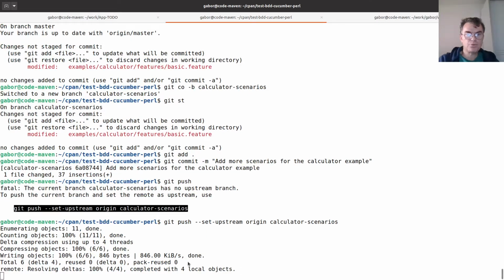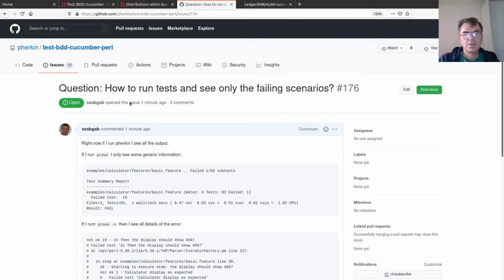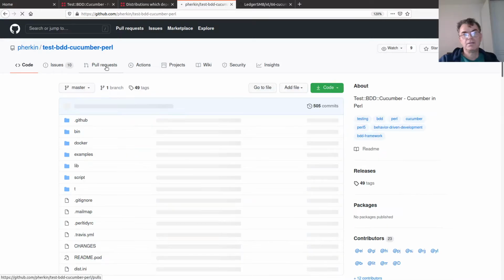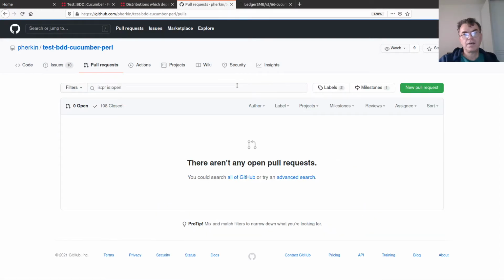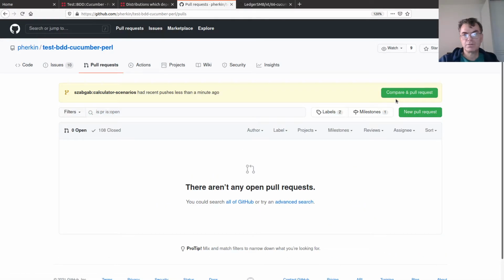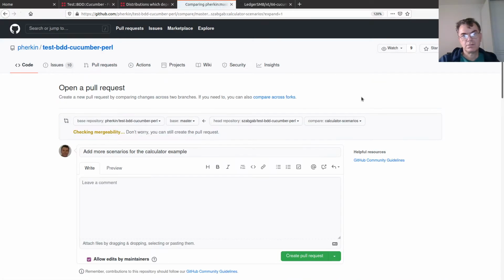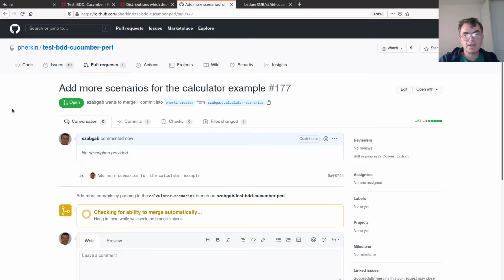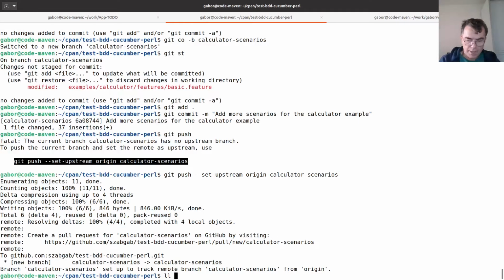So now I pushed it out, and I can then see soon. Oh, yeah, okay, that wasn't good. Here, compare. Okay, so this is: add more scenarios for the calculator example. Okay, that's sort of good. So I'm sending this example as well. Okay,